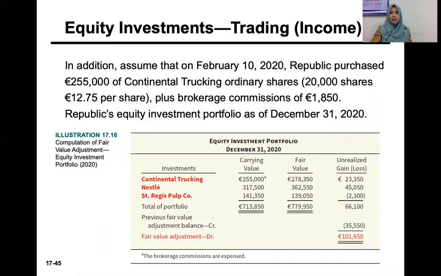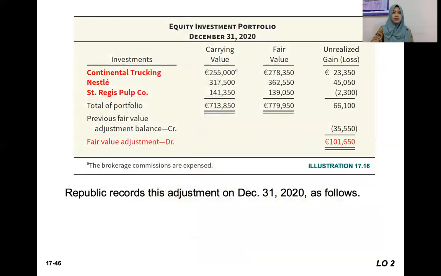Okay, let's say later on the company purchases another type of shares from another company, plus brokerage commission. So now it will add. Just now we sold one category of equity investment, and now we add another equity investment from another company. So we will update the equity investment portfolio. And then at the end of the accounting period, we need to identify the fair value adjustment for the whole equity investment portfolio. And we will record,